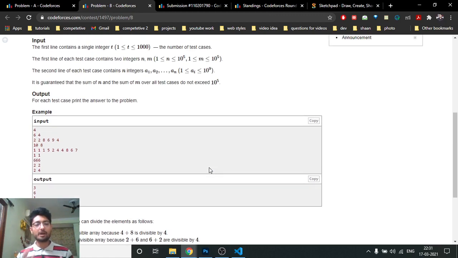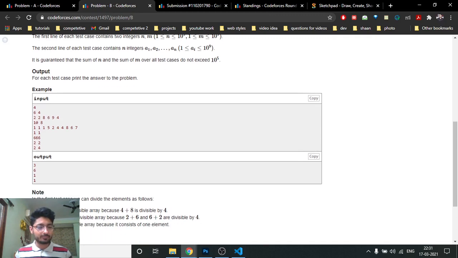Now how to approach this type of problem? The first thing that comes to my mind after seeing this problem is to put all the numbers which are divisible by m into one array. As you can see, 4 and 8 are both divisible by 4.